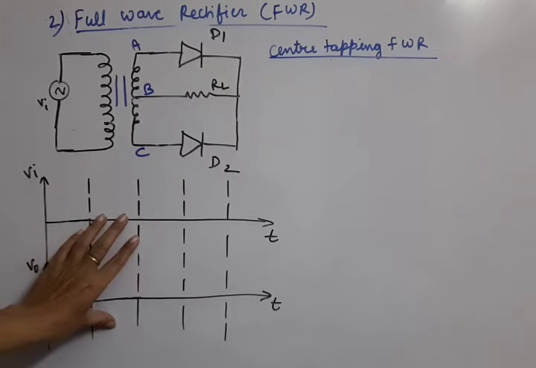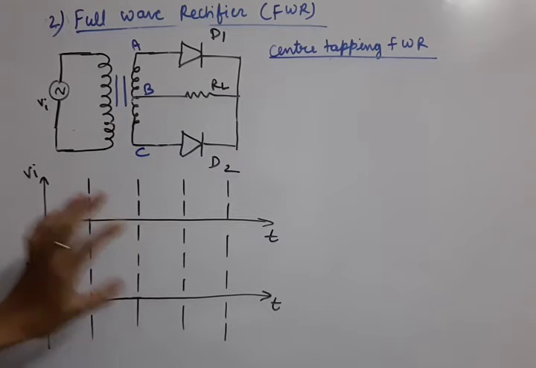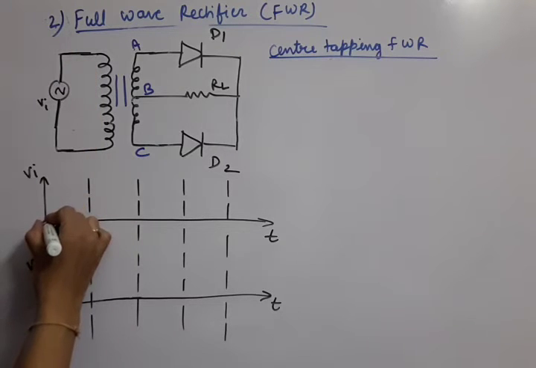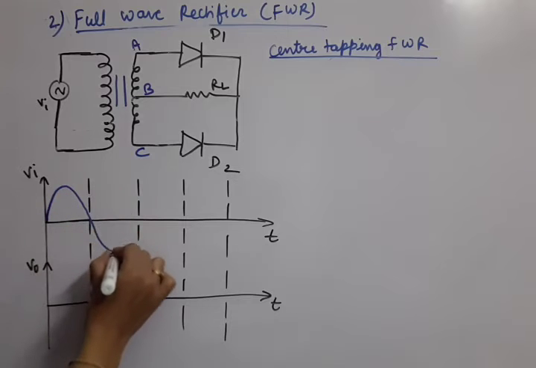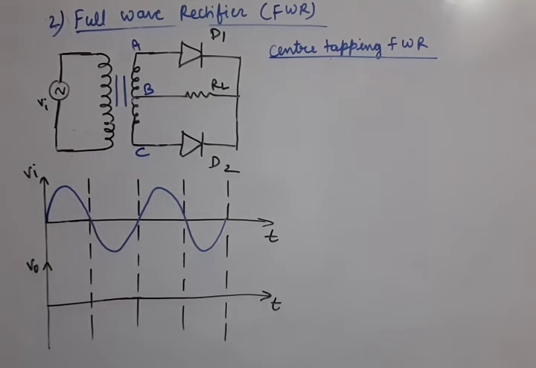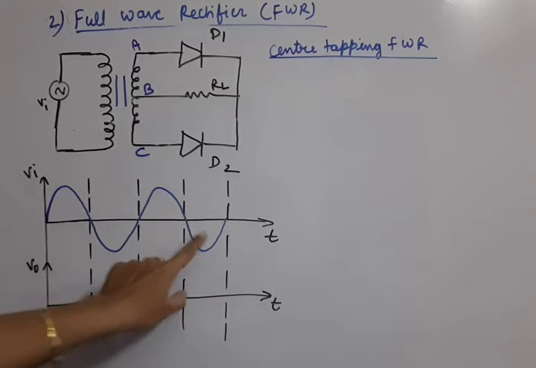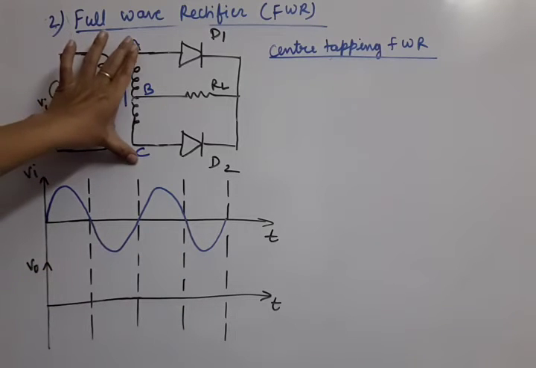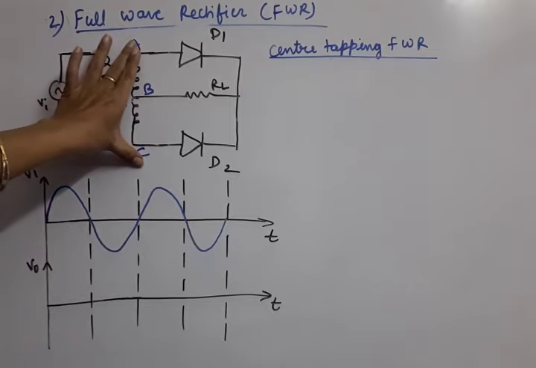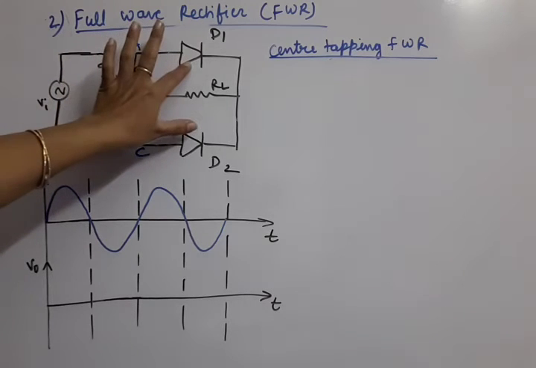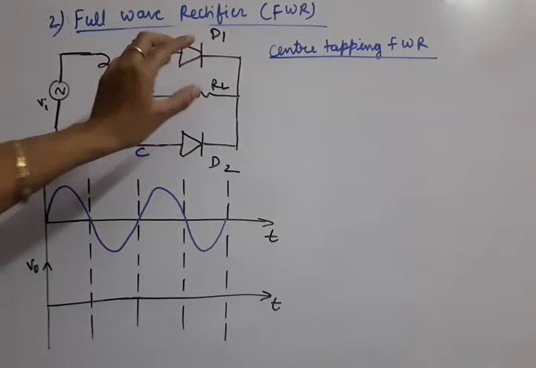Understand now with the help of the graphs of these pulses. First of all, our VI means the input AC voltage. So this is our input AC voltage. You can see it is alternating voltage, so it is AC voltage. Now this is applied as it is to the transformer. The transformer has just reduced its magnitude, but it is still AC. Now what will the diodes D1 and D2 do to convert it to DC?